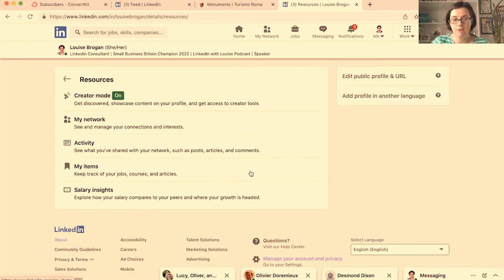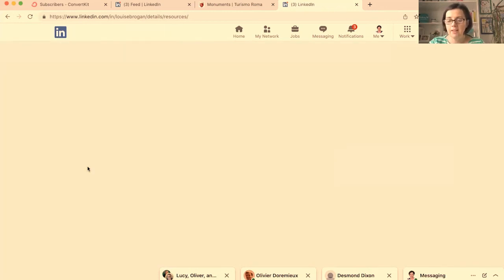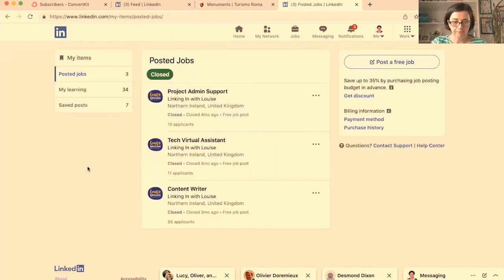So we are looking for, I mean, LinkedIn, you could make this a little bit easier for people, but we're looking for the saved items. So where would they be? They're under My Items. So we're going to click on My Items. And again, it is not simple or easy, because what I'm seeing immediately is posted jobs. But if you go to the left-hand menu where it says My Items, you've got posted jobs, My Learning, which